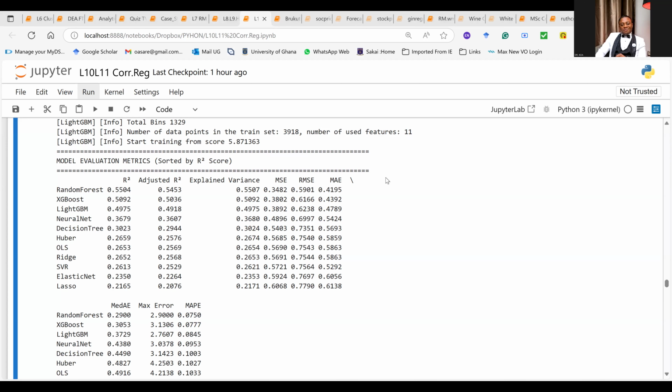So, but then you can see that when we use the first one, OLS was good in the R square, but Huber was good in the other one. Do you remember? Yes, sir. There were inconsistencies there. So, you will not fully take the first one all the time.